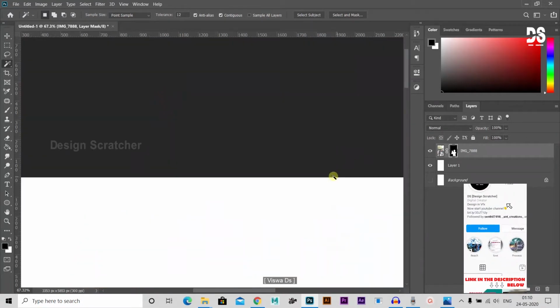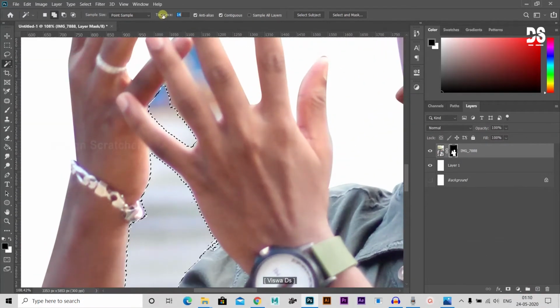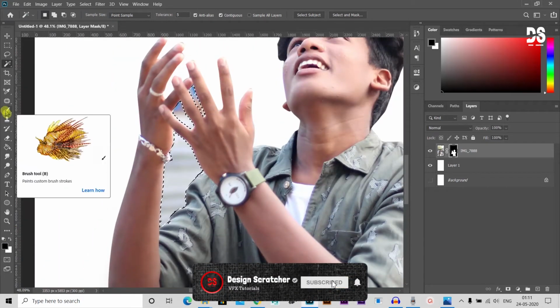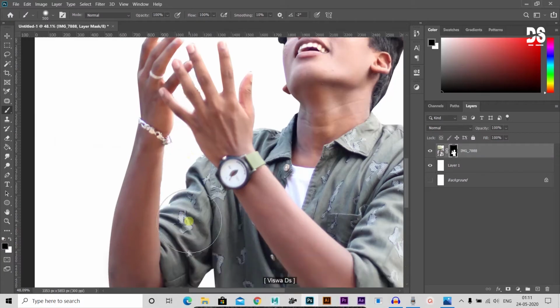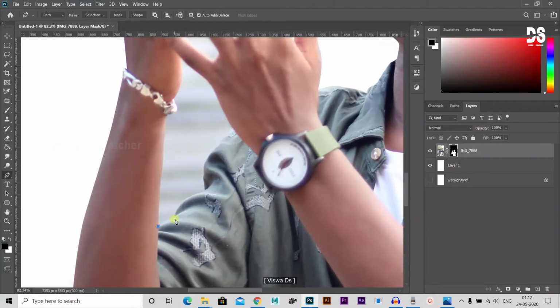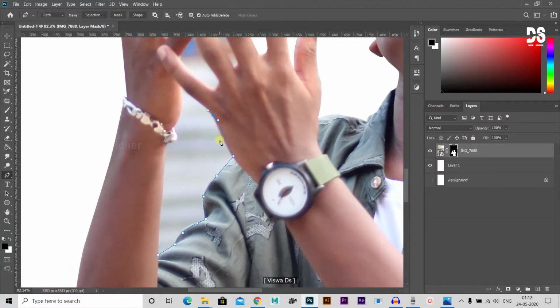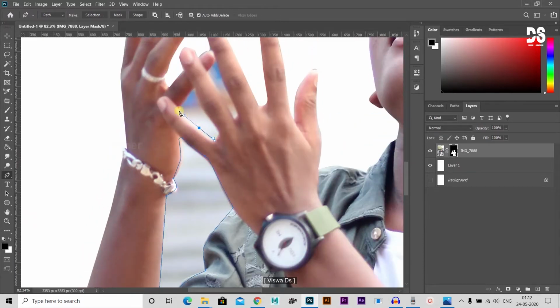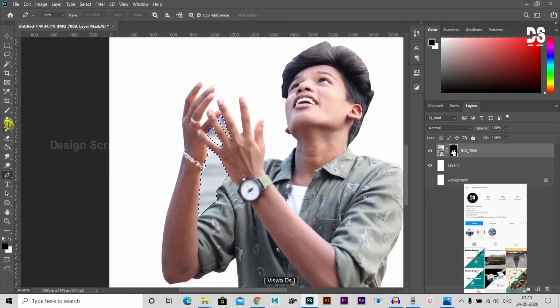That's why you go for the pen tool only. This kind is also a method, but only for simple selection. This is not a simple selection. This is for the edges of the main area, the hand and shoulder, which are the main area. So not the magic tool, only the pen tool. You see the edges are not nice. I think it's not nice. That's why I am going for the pen tool. Then the selection of that area gives a pretty good output. I already told you the pen tool takes more time, but the output will be very good.